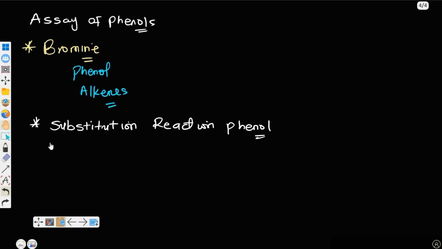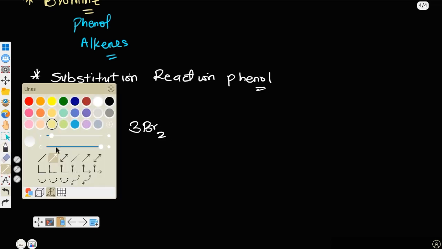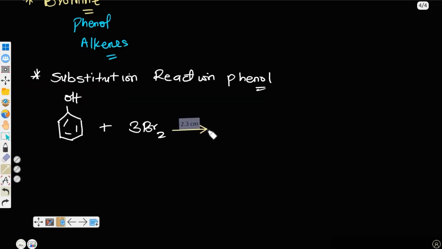How is this reaction like? You have the phenol, of course, which is hydroxybenzene, right? OH plus 3 molecules of bromine. Is that okay? Now, at the end of the day, this is going to give us